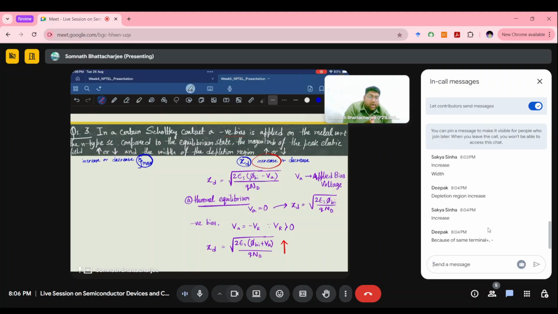As we have a negative bias, if it wasn't a positive bias, there would have been a minus term here, minus VA, let's say. If that was the positive bias or forward bias, it would have been like this. So for a forward case, it would have decreased. Now, similarly,